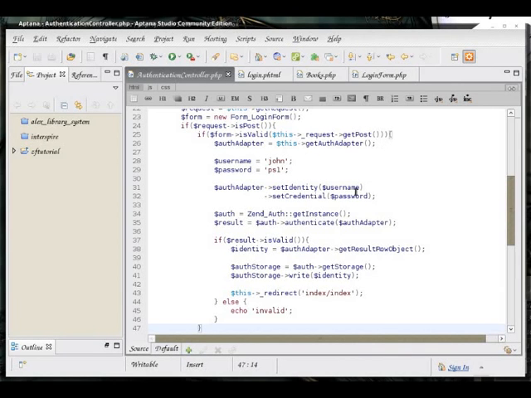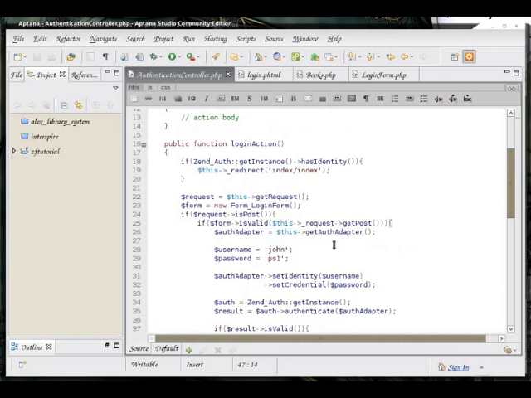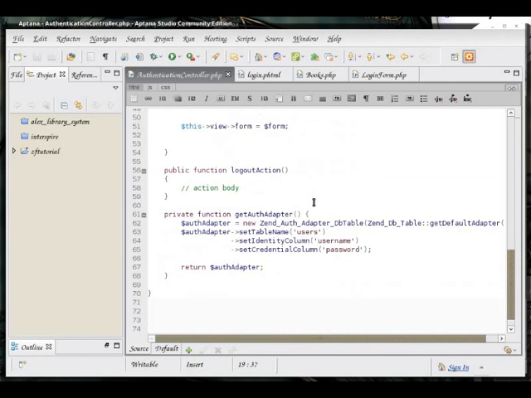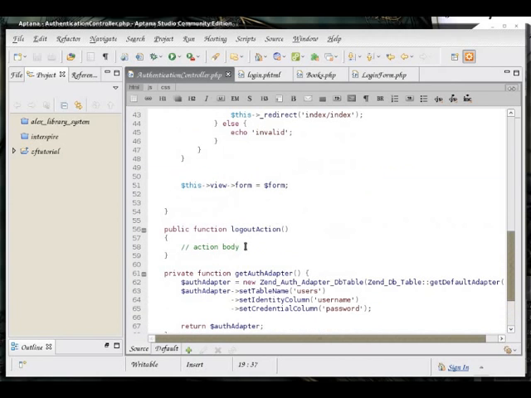messages. Now, I can't show you yet how this works, because if I log into the page and I'm logged in already, this is going to redirect me to the index controller index action. So before I do anything else, I want to log myself out, and I haven't created the logout action yet, so I will do this right now.